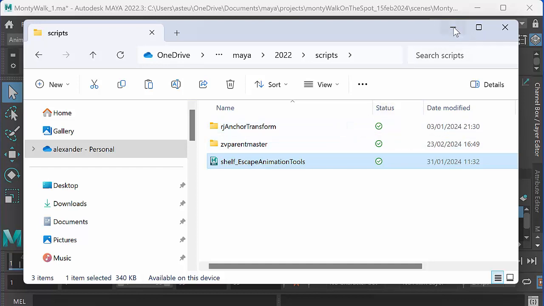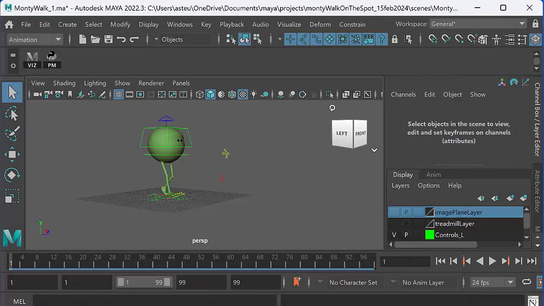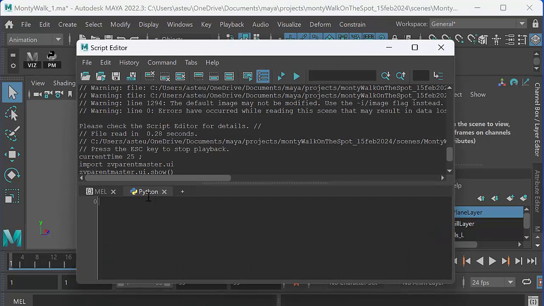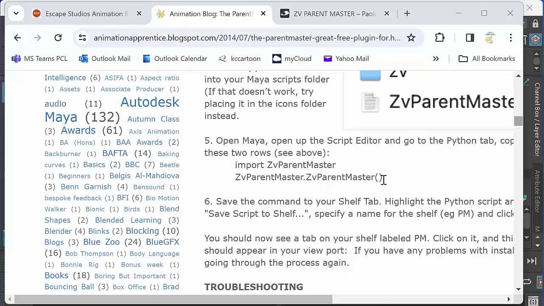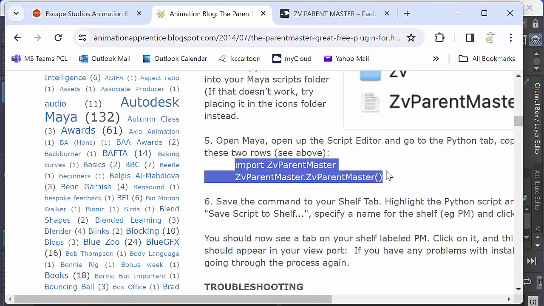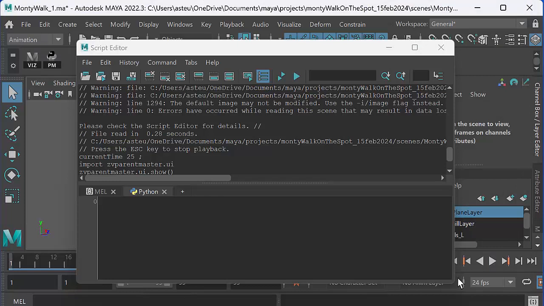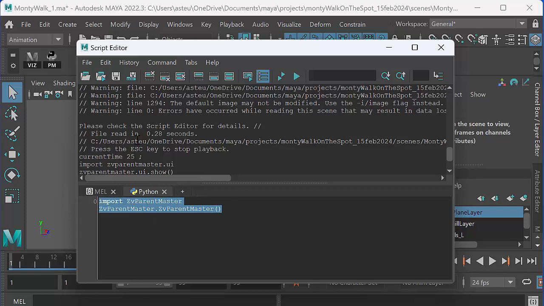So once you've done that, you should be able to go into your script editor, and in the Python tab, you should be able to drop in this little piece of code. And there's the little piece of code here. It's this little chunk here. So if I select that and press Control-C to copy it, and I go back to Maya, I can pop that in there, and that should work. I don't know where it's got the spaces, but that's what I copied,